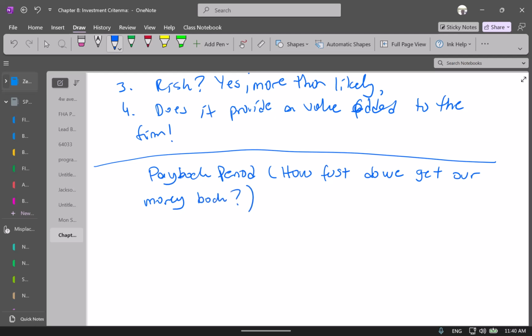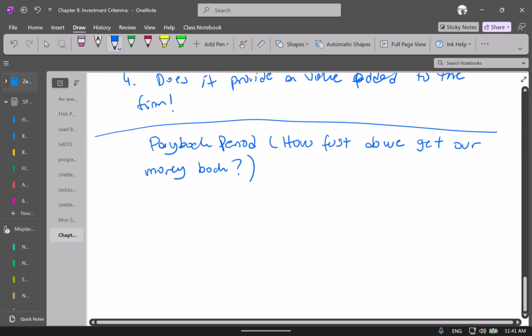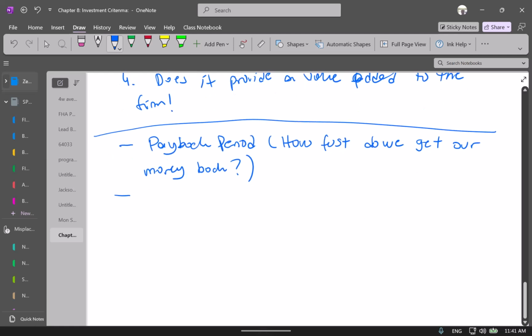Sometimes that matters. I mean, at this abstract level, we're acting like anytime we need funding for a project, we can get it. Obviously, not all firms have such an access. If you're Apple, that's not a problem. But if you're a relatively small business firm or a startup, that is a problem. So how fast you can get yourself paid back does matter. One of them we're going to call